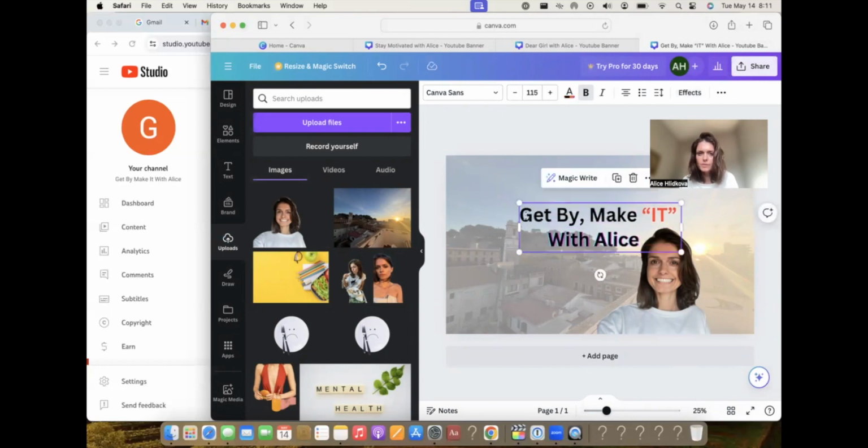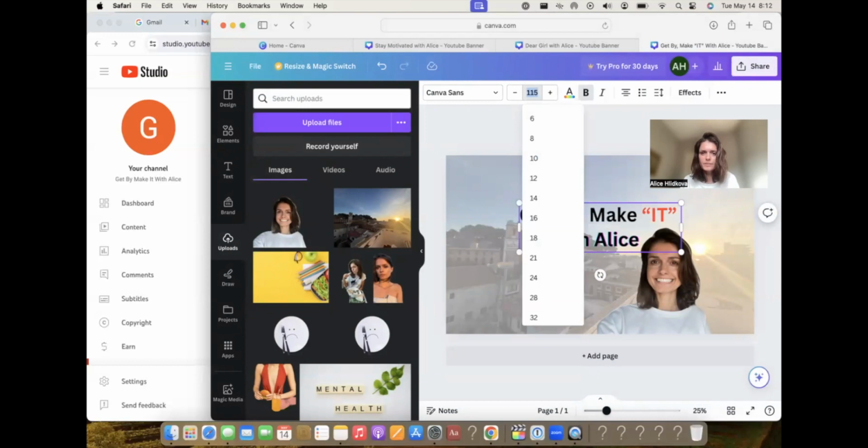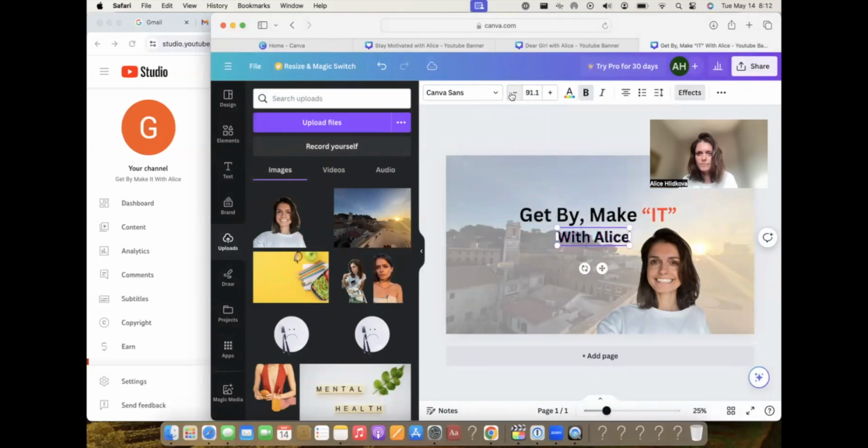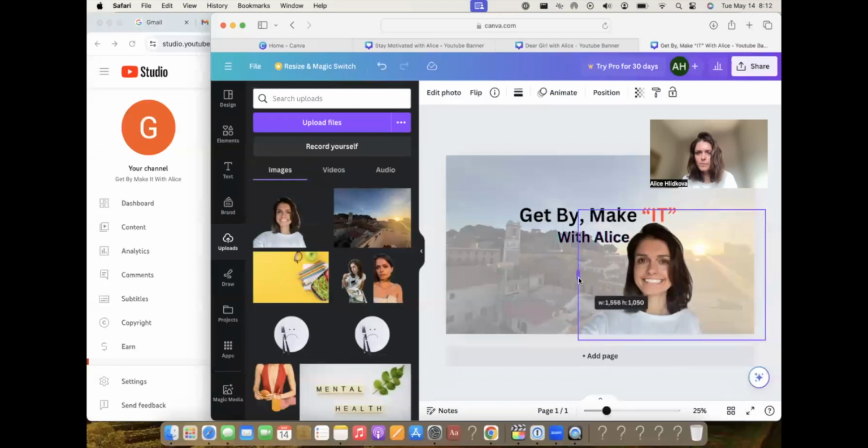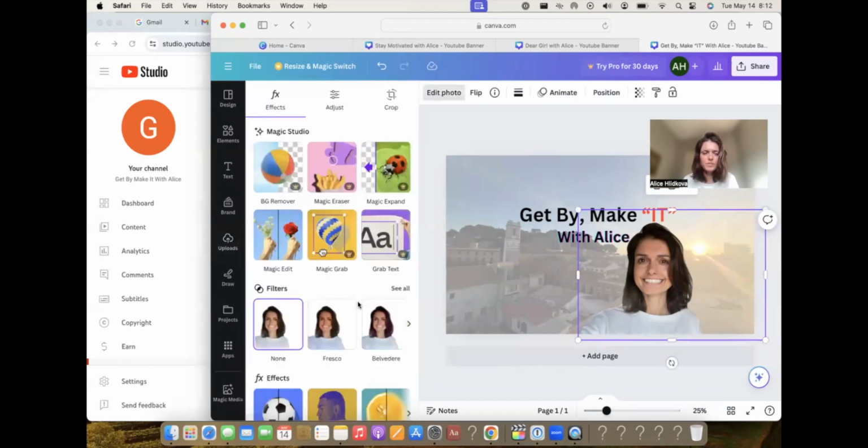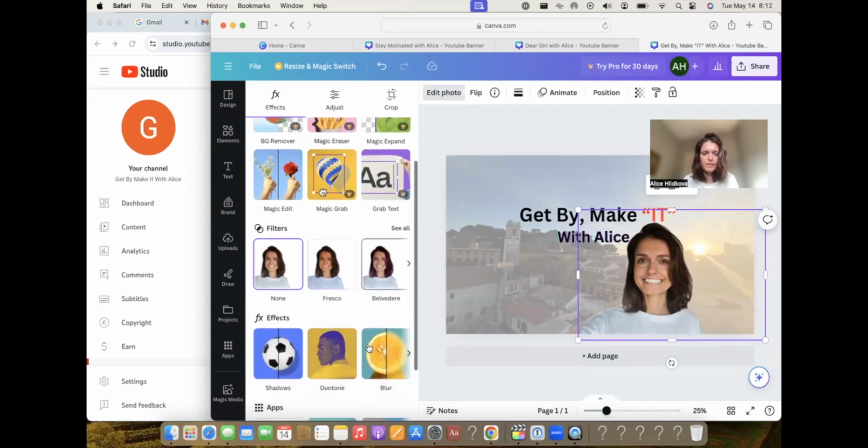So this one needs to be smaller. We can kind of go less. And it could just be like a simple image of you. And then we want to make sure that when we edit the image, we can add some effects.